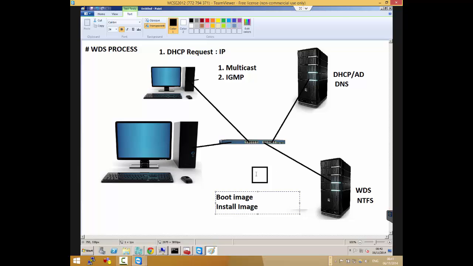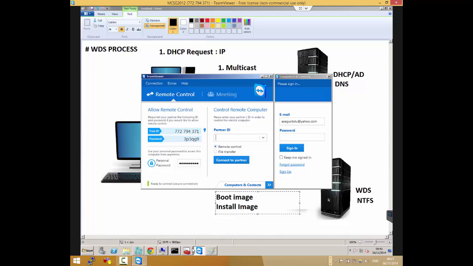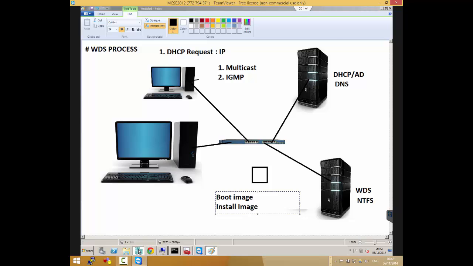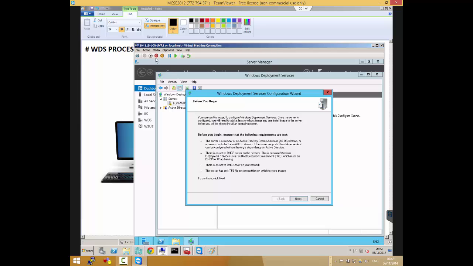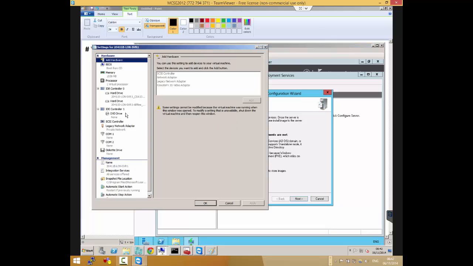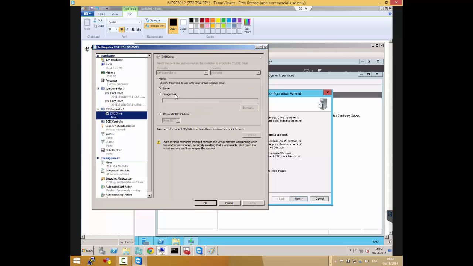Okay, so here's the point. You said boot image, install image. Let's go back to our Hyper-V machine, launch Server One. Let's add our Windows to the DVD.